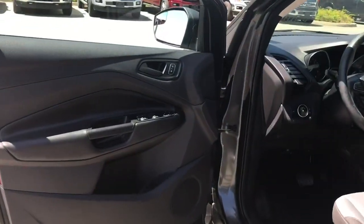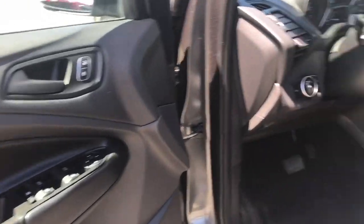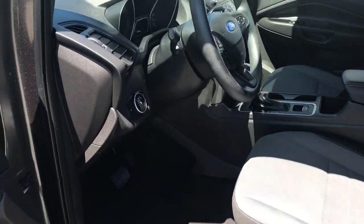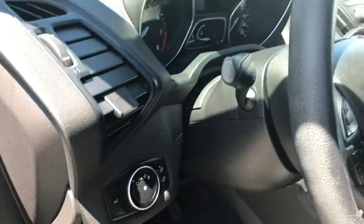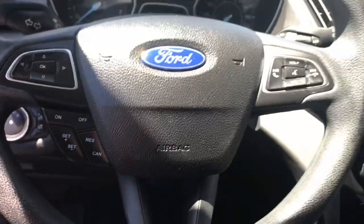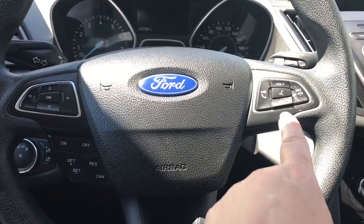Speaker in the door, as well as power locks, windows, and mirrors. The driver's seat is manually adjusted. Your lighting controls are located here, and the hatch release is here. The steering wheel can tilt, and on the face of it is your dash controls, cruise control, and Sync voice